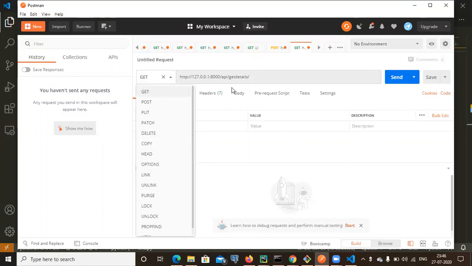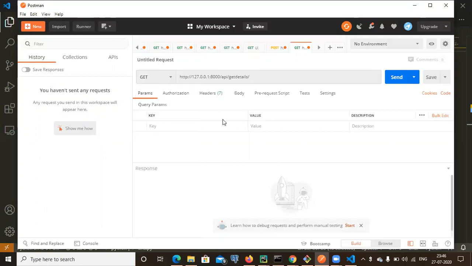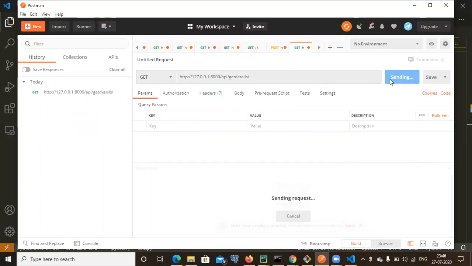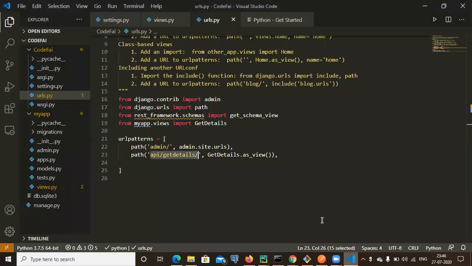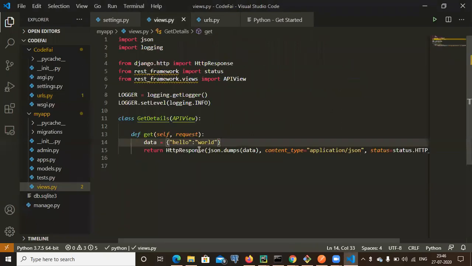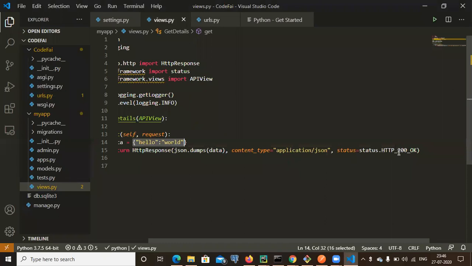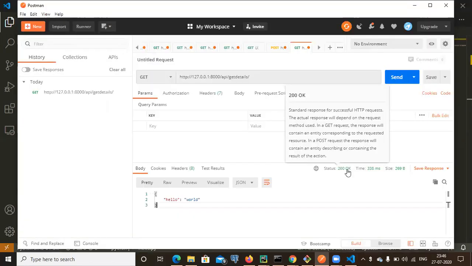Because I have defined a get function inside this views.py file. See, now we actually got the data, whatever data we are passing from the views.py file, right? And you can see the status is showing 200 status code, right? You can see over here the 200 status code.